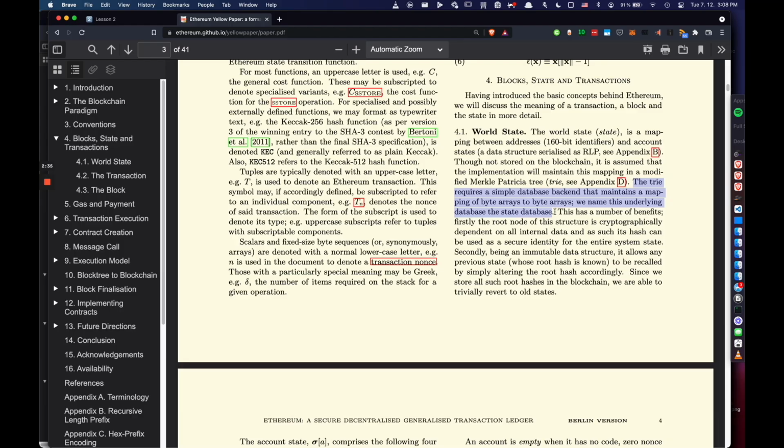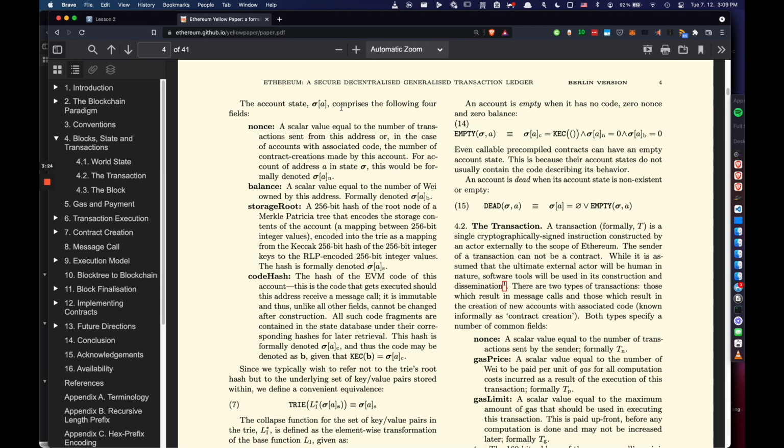This has a number of benefits. Firstly, the root node of the structure is cryptographically dependent on all internal data, and as such, its hash can be used as a secure identity for the entire system state. So they're selling us on the advantages of MPTs. Secondly, being an immutable data structure allows any previous state to be recalled by simply altering the root hash accordingly. Since we store all such root hashes in the blockchain, we are able to trivially revert to old states. The account state, sigma A,